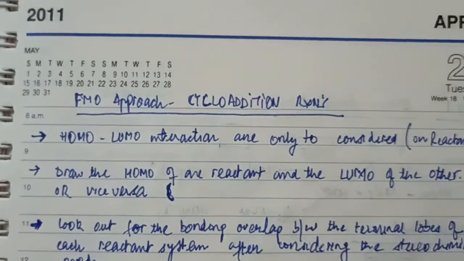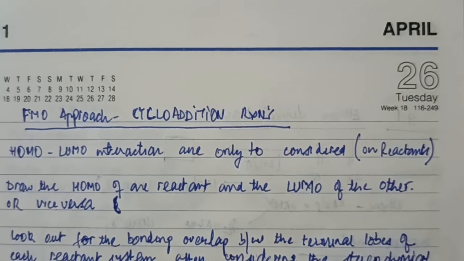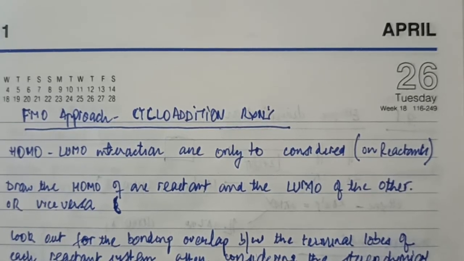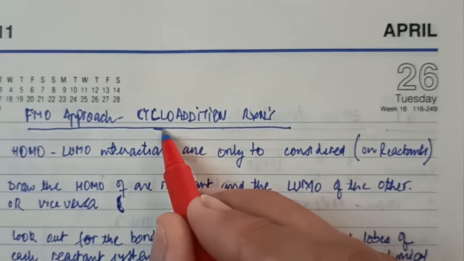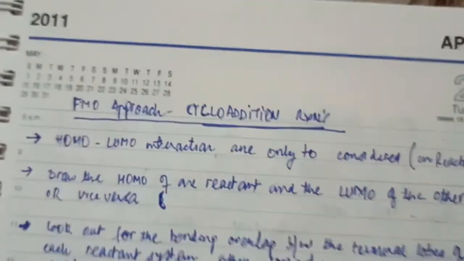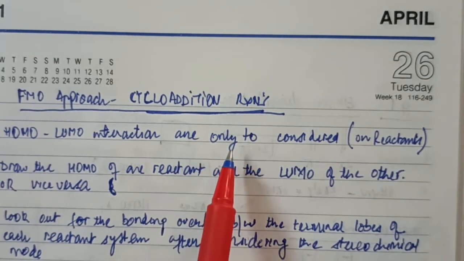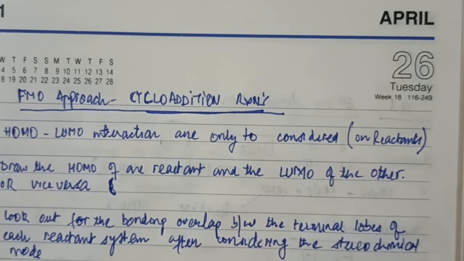Right, so we'll extend this basic information: why consider all molecular orbitals, why not consider only the HOMOs of one reactant with the LUMOs of the other reactant, and not consider all molecular orbitals, is the basis of the frontier molecular orbital approach. Now we'll apply this FMO approach on cycloaddition reactions. What do we need to do while working on an FMO approach and gauging the reaction conditions? When applying the HOMO-LUMO interactions, the first point is that only HOMO-LUMO interactions are to be considered, as I've told you, and no other interaction is considered.